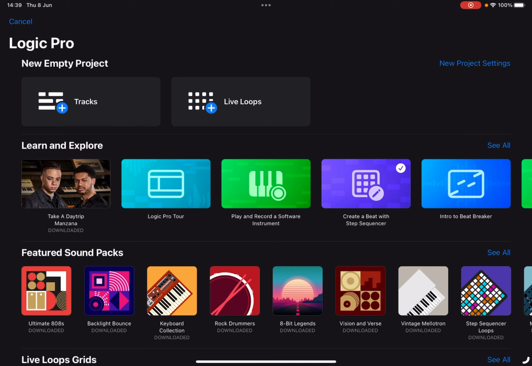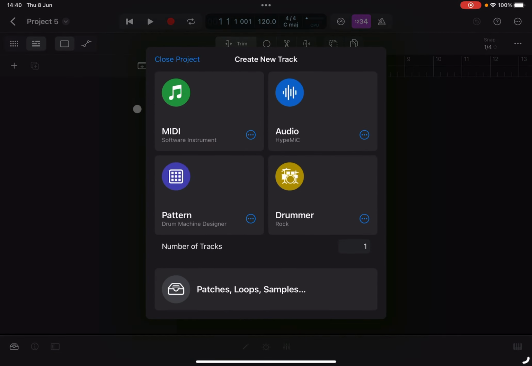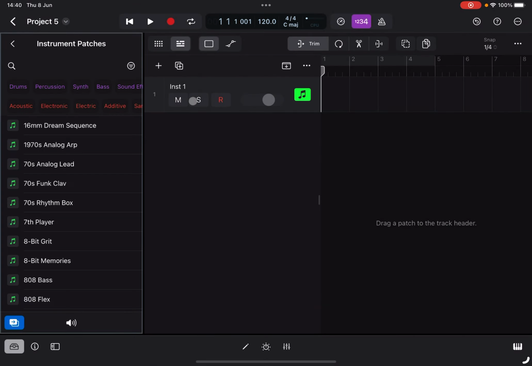This is good if you want to get into sound design in your own drums, or just being better organized with your file management, because when you've got a lot of drum tracks on the go, it can become quite cluttered at times, and it's always good to keep a nice organised project, especially when you're working with your mixes. So let's just open up a new project here, and for this demonstration, I'm going to use